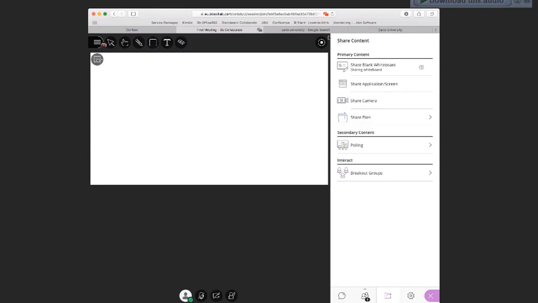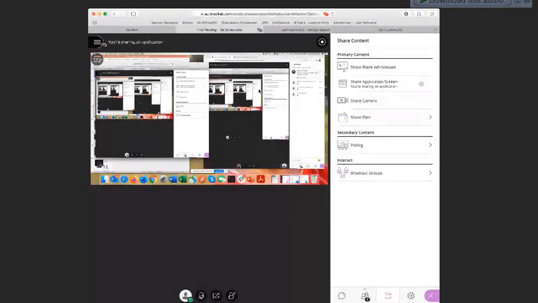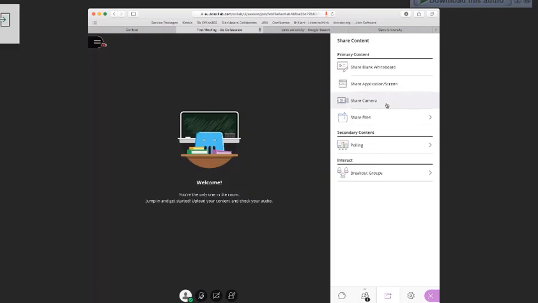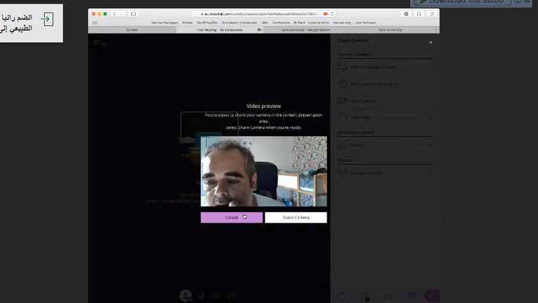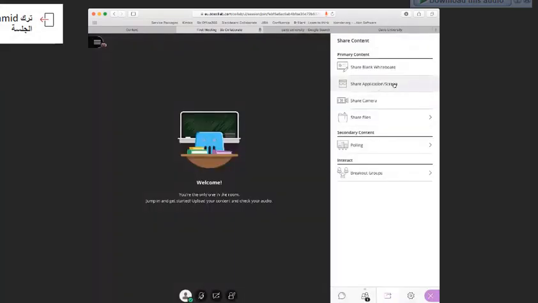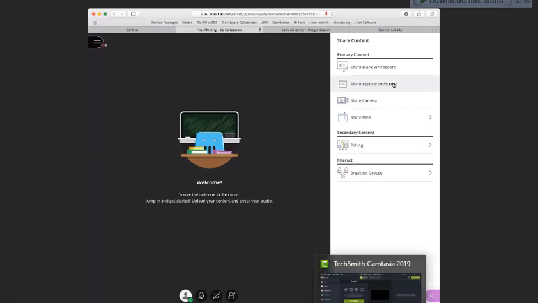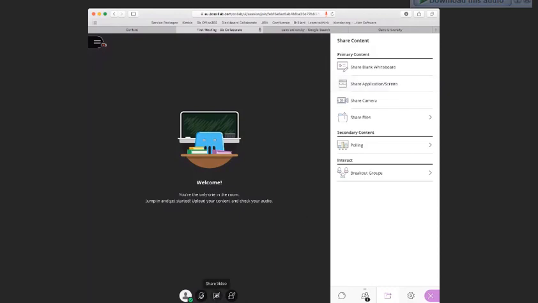And let me just give it the permission. So here I'm sharing my application. As you can see, I'm sharing my whole desktop. I can share camera. If there is a secondary camera connected to my computer, I can share the camera for that one. This is really very helpful if you're working on a lab or you want to present something to the student, because by default, once you share your video, the system can share your video at the same time, if there is another camera filming